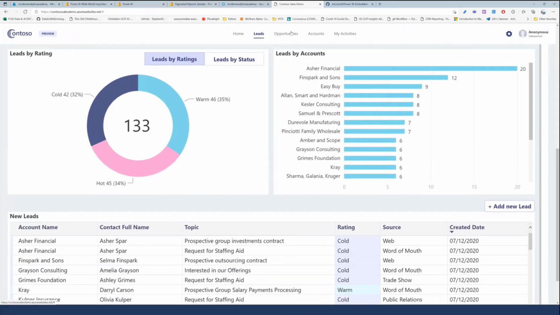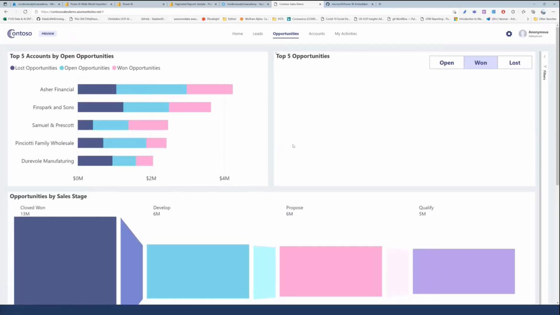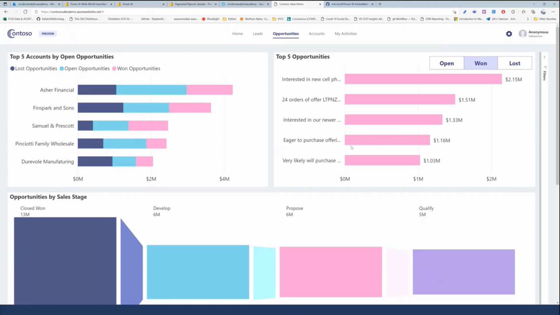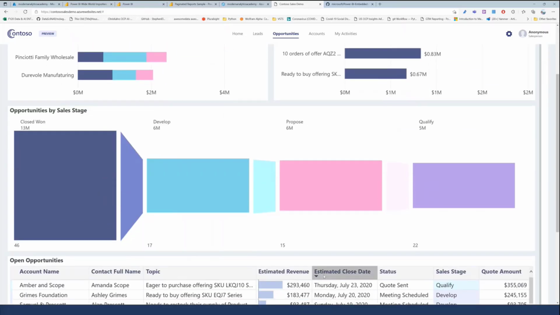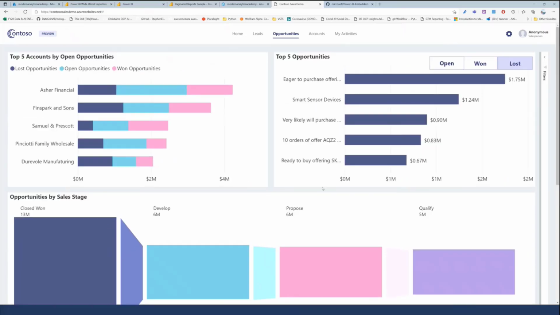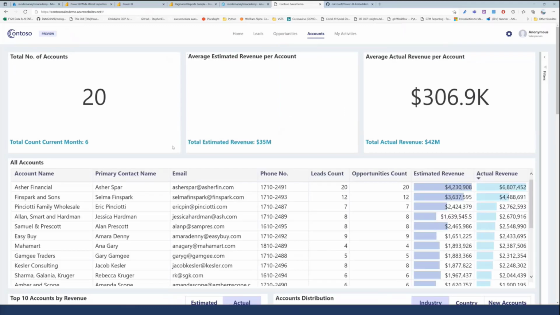More importantly, I can go out there and look at the opportunities that people have. And so if I want to see what are the top 5 opportunities out there that are open or that are lost, we can do that. And also we can bring in some custom visualizations through this funnel chart. So it shows really rich visualization capabilities and also a very simple, easy to use, beautiful UI for their business